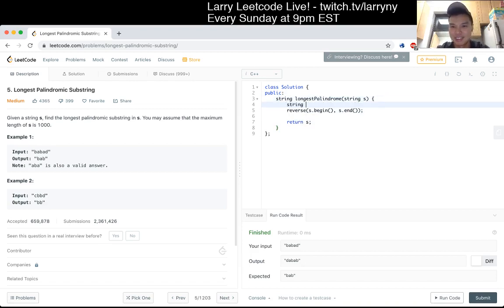Maybe you could correct me on this. I think in Python that's how you would do it. I'm trying to get a little bit better at C++, so maybe I should practice Python more if that's what I really want to use anyway. But